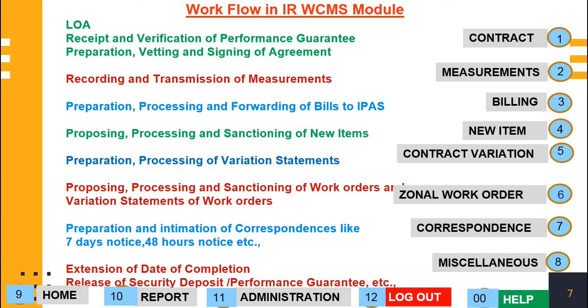In the report module, we will have all these items related to all the LOAs assigned to a person in menu format. LOAs will be summed up in one place, and works registers will be piled up in one place. Like that, we have various menus in the report module. Then we have the administration module, where we have options for changing our password, editing our profile, etc. Logout, obviously, is used to close the web page and come out. Then we have the help module.